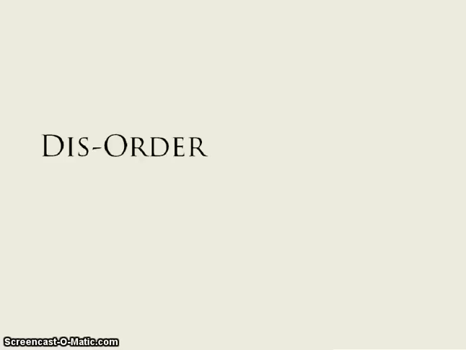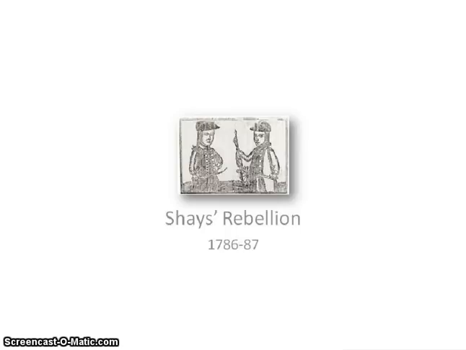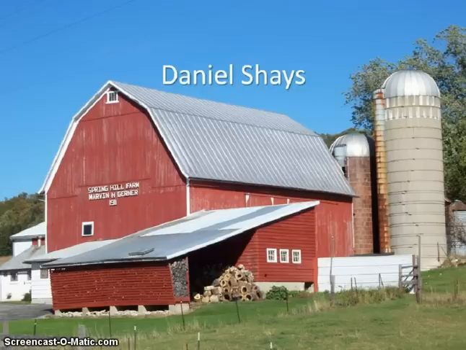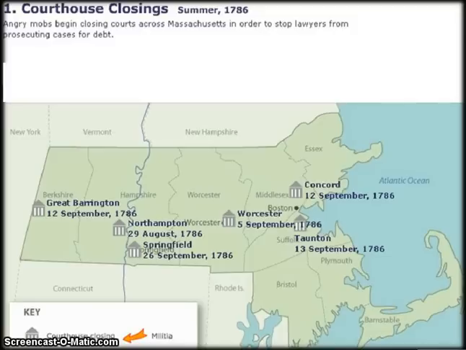And then now we have problems at home. States have to pay off their debts as well. So what do they do? They ask for taxes on the farmers. And here Shays' Rebellion kicks in, 1786. He was just a regular soldier in the Revolutionary War, did his duty, comes home, is a farmer, but then he's overtaxed by his state. So he forms a rebellion, burns county courthouses in protest.